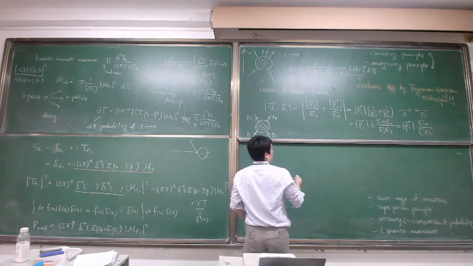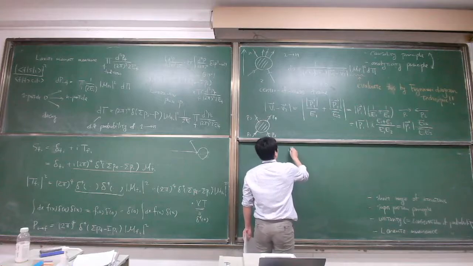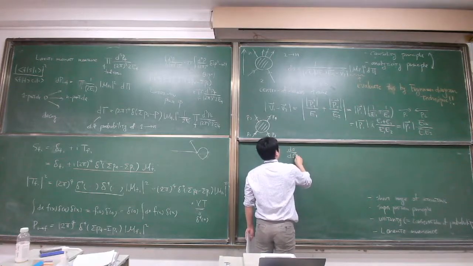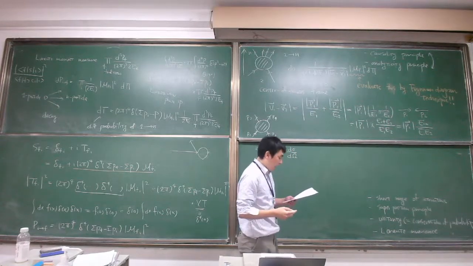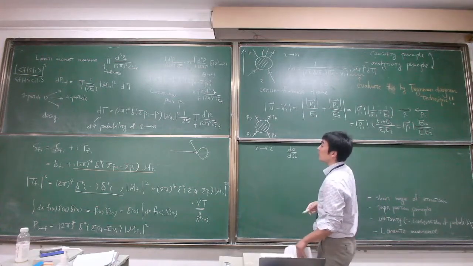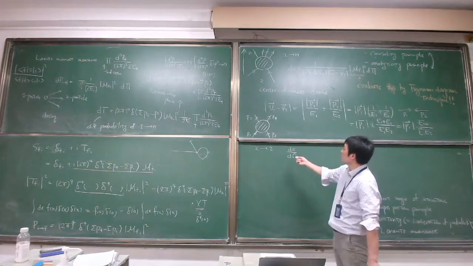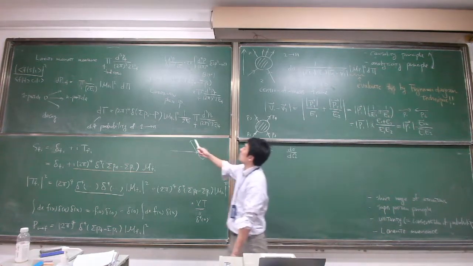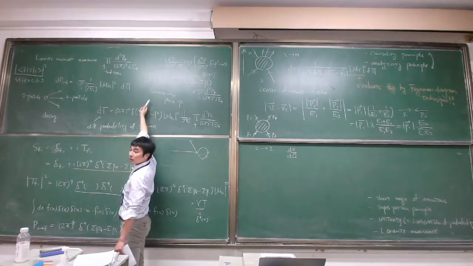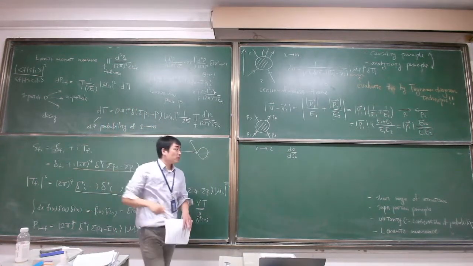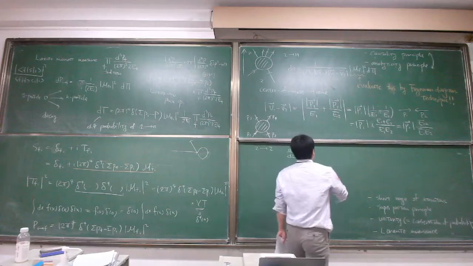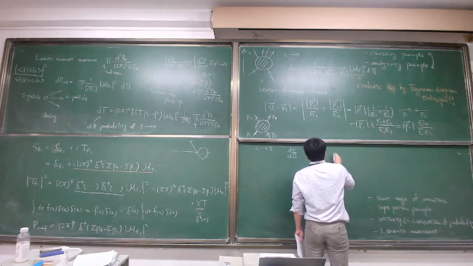Since we are interested, as I mentioned, in dσ/dΩ, we will evaluate this one. So the question is how to relate this dΩ and this Lorentz invariant phase space. What is the relation in this process and the differential